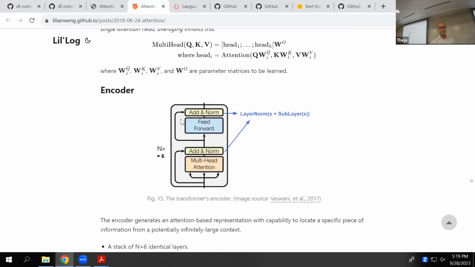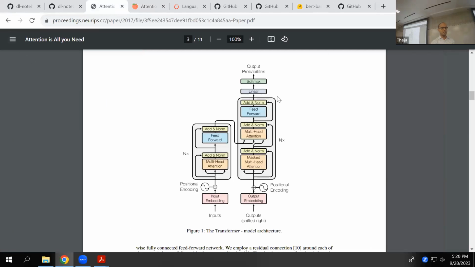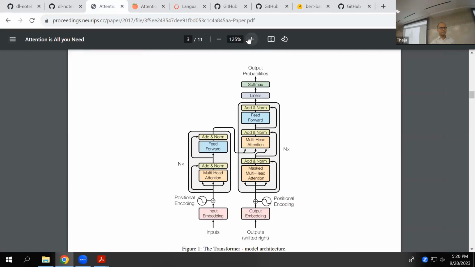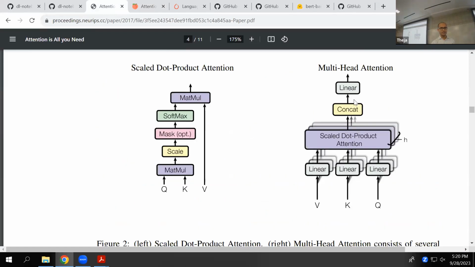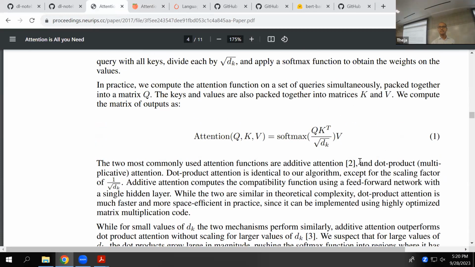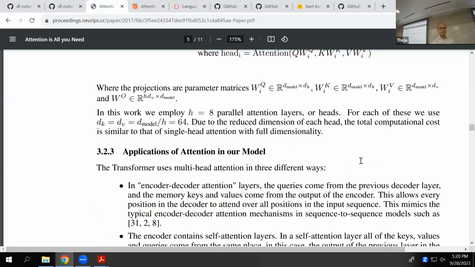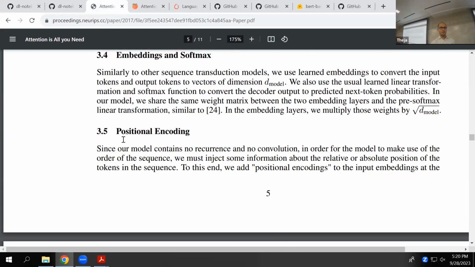Yeah, all these figures are from the original paper. I know in the original paper this looks pretty complicated. This is the full picture, and they break it down into what's happening inside the multi-headed attention operation. It's not a very hard paper to read to get a sense of what they're saying, and